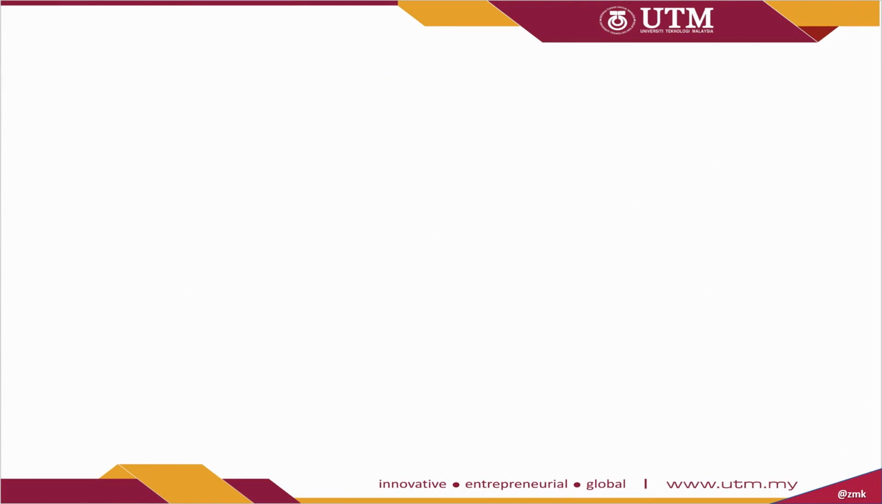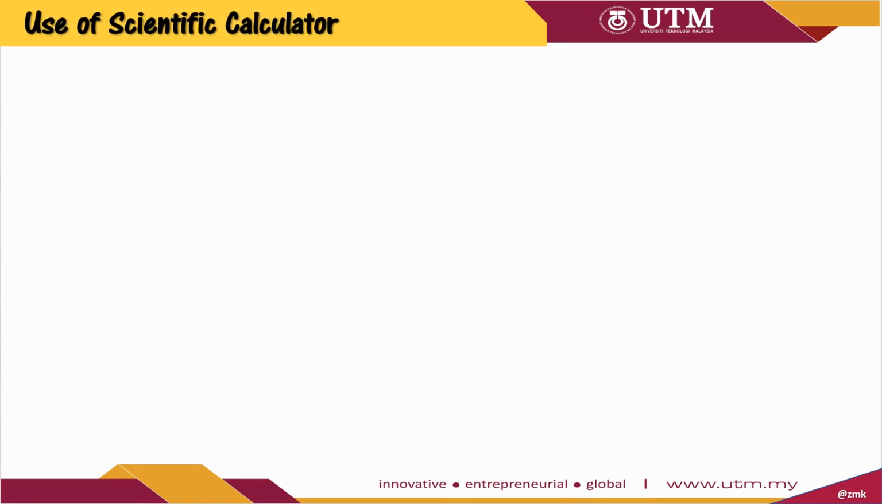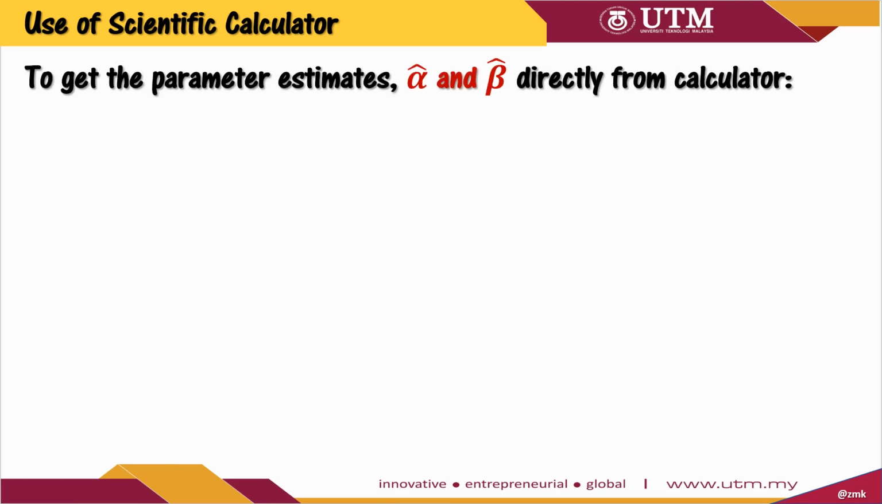You can actually use your scientific calculator to obtain the values of all elements in the alpha hat and beta hat formula. In fact, you can also get the values of alpha hat and beta hat directly from your calculator. Let's look at how you can do that. The Statistics for Engineers textbook provides the steps of using a scientific calculator from Model